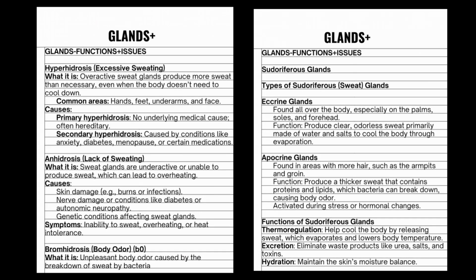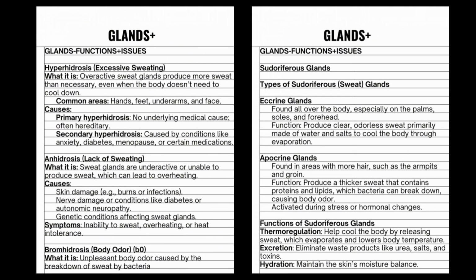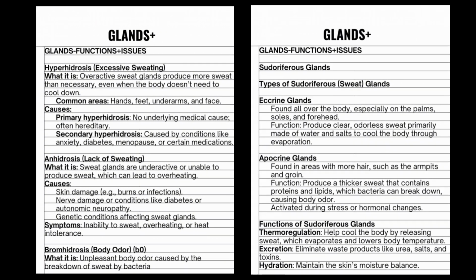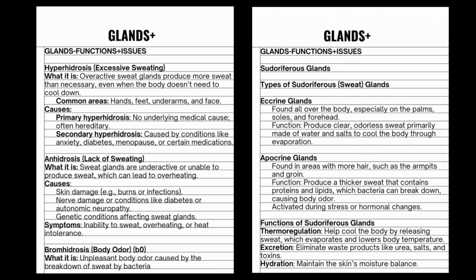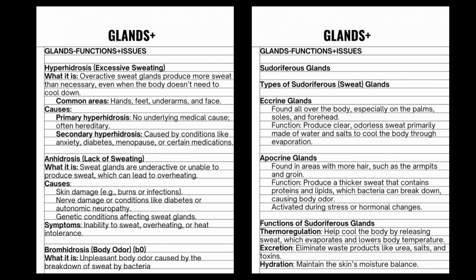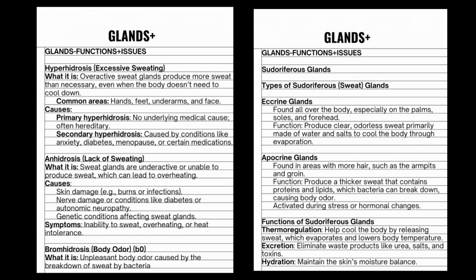Bromhidrosis, also known as body odor or BO, is an unpleasant body odor caused by the breakdown of sweat by bacteria. Sudoriferous glands: there are the eccrine glands and the apocrine glands. I don't know if I'm saying those right, but the eccrine glands are found all over the body, especially on the palms, soles, and forehead. The function is to produce clear, odorless sweat, primarily made of water and salts, to cool the body